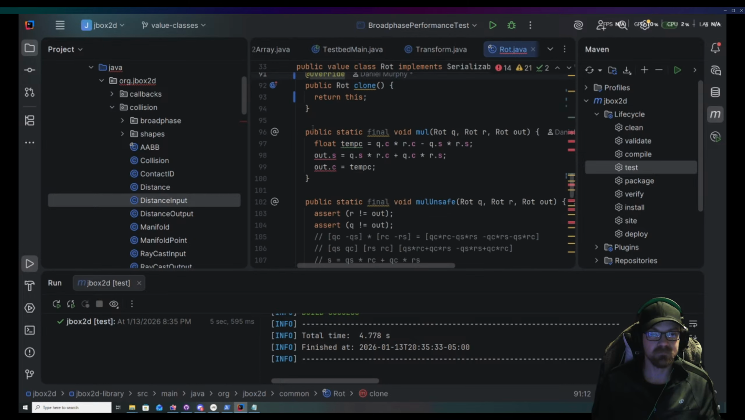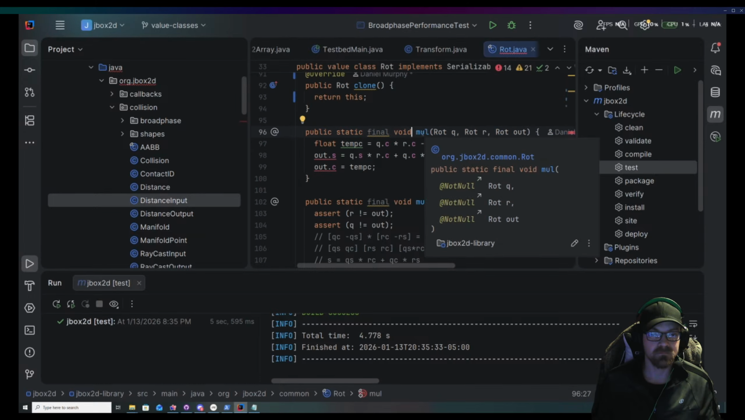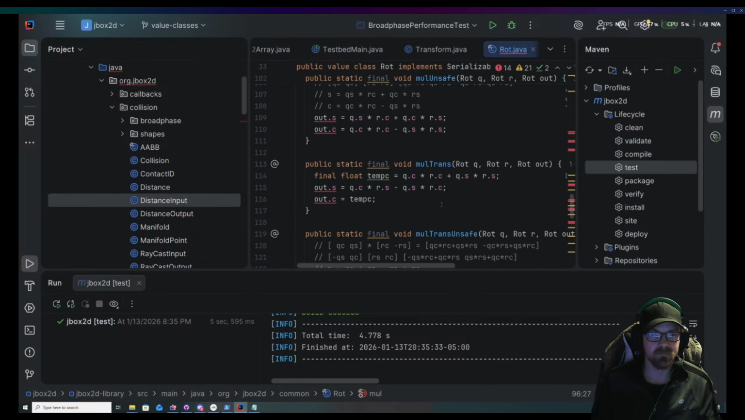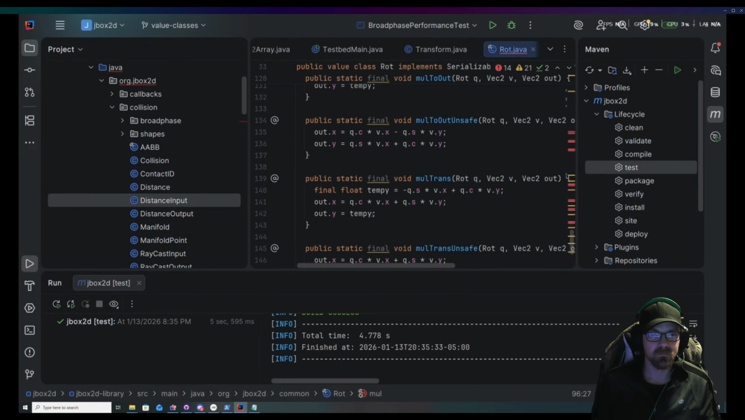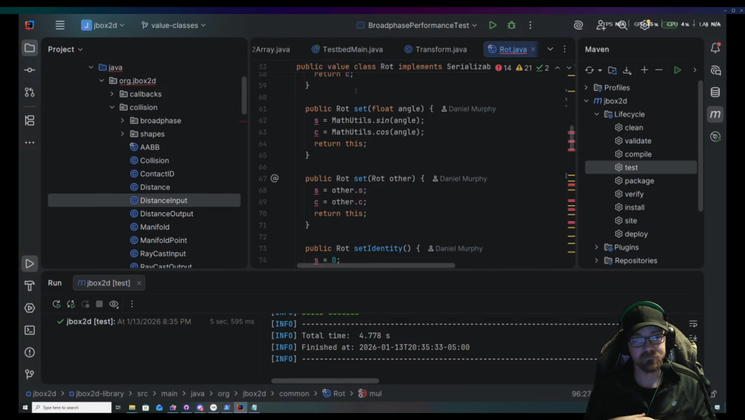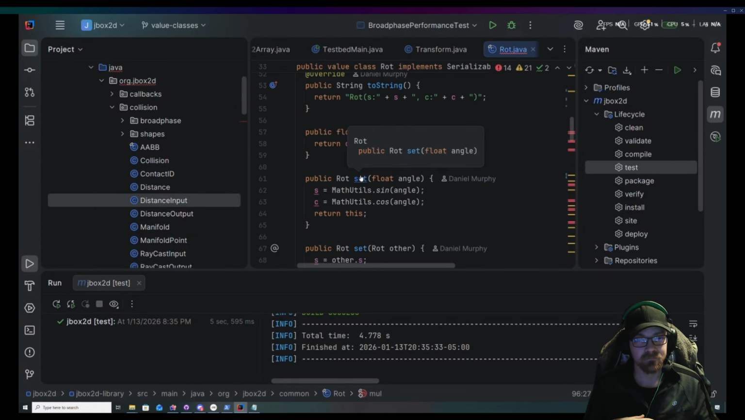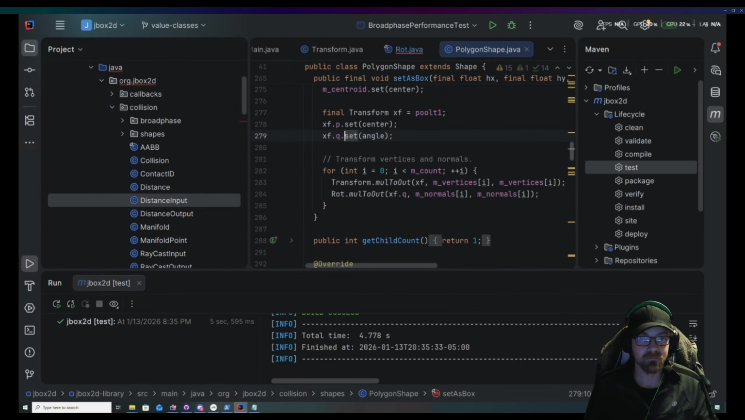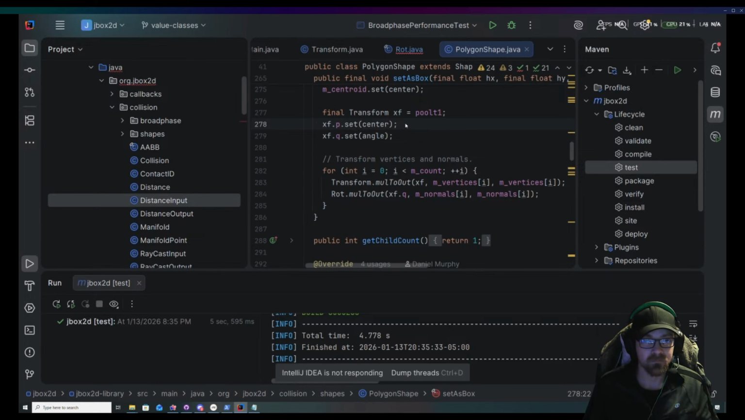Yeah, right. See how mul is what you call multiply and assign, like it is doing the multiplication and then it is assigning the value here. So instead of this, let's deal with, so we got a bunch of red lines here, and I think all of them are a similar pattern. They are like multiply and assign. Let's deal with these dot sets. So here. xf.q.setAngle. So what we'll do is say